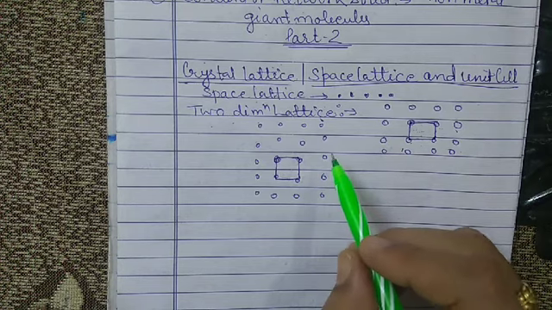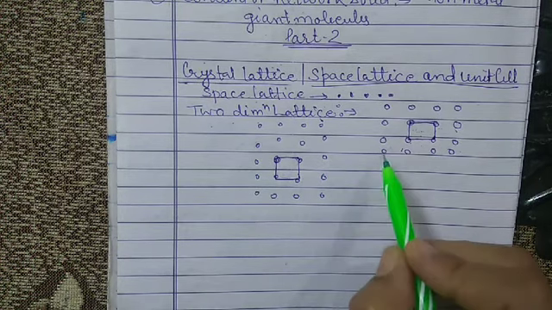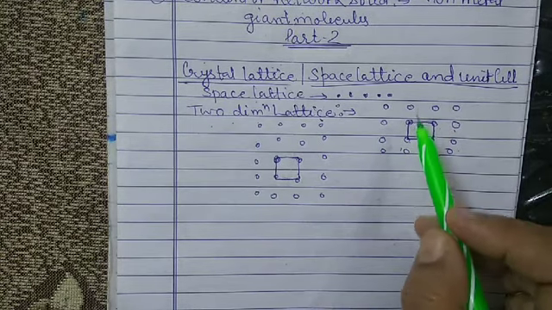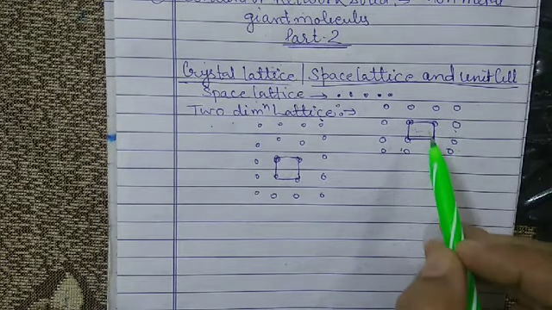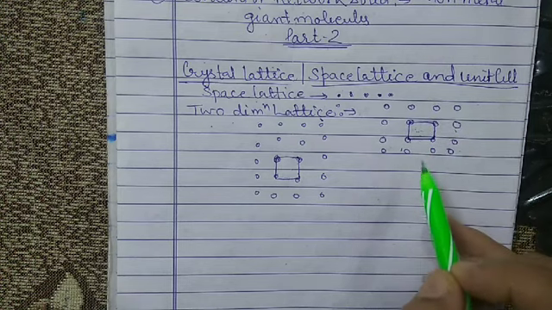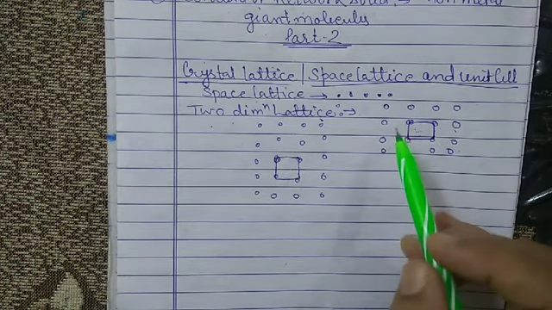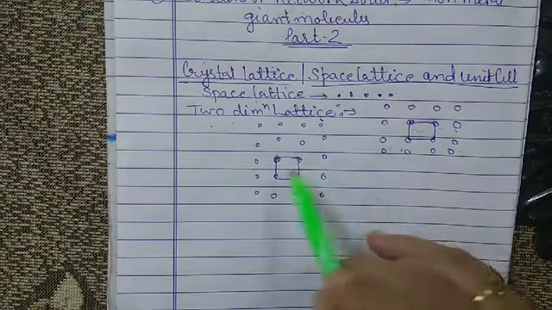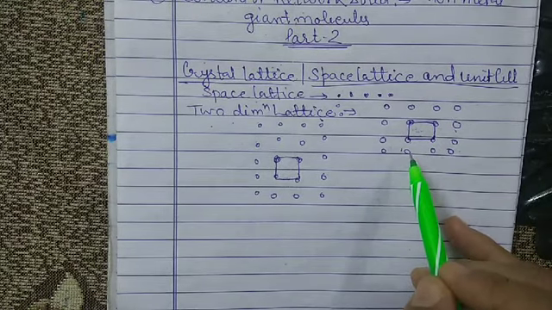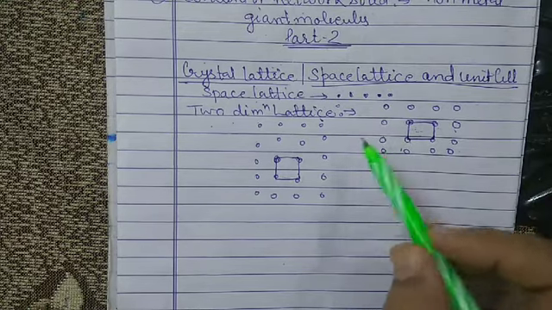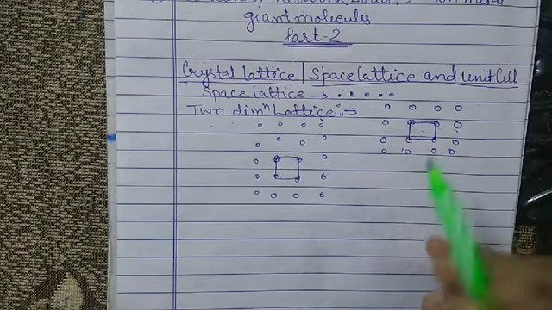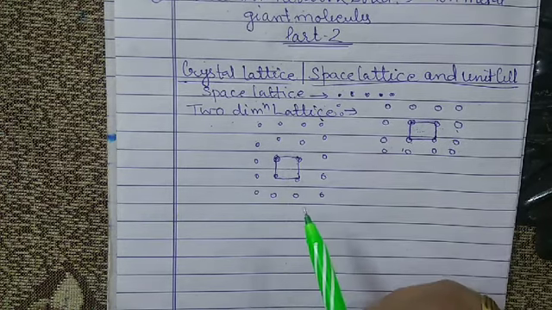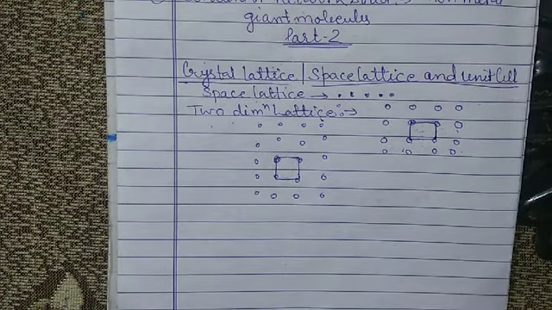However, it may be noted that for any given lattice, the unit cell may be chosen in many different ways, and this is because the lattice contains a very large number of atoms and numerous identical points may be found. So such a small structure is known as the unit cell. A unit cell may be a square, it may be rectangular, it may be a parallelogram, it may be rectangular with an interior point, it may be a rhombus with an angle of 60 degrees.